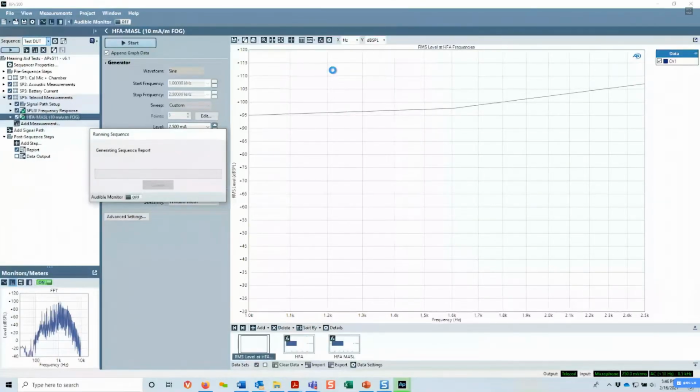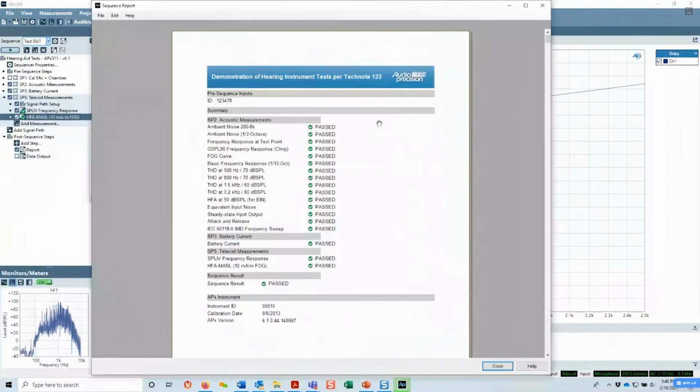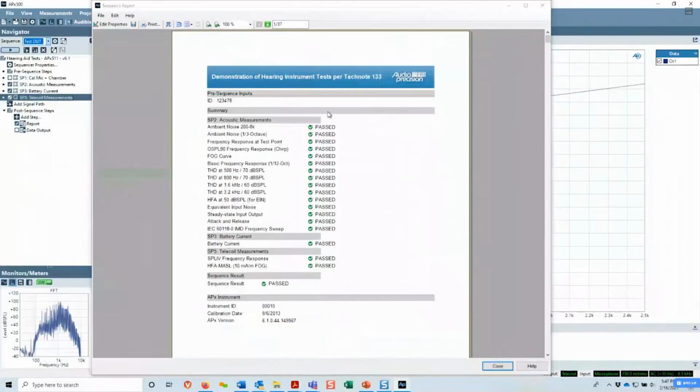And now the system is generating a sequence report. As you can see here, we have a very nice report. We have a summary of all the measurements. We have the device ID that we entered, 123478. The summary tells us if the system passed. And we have the acoustic measurements here, the battery and the telecoil measurements,